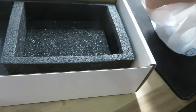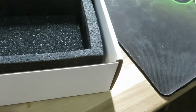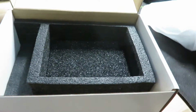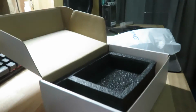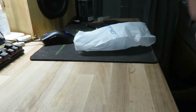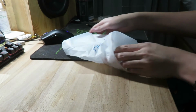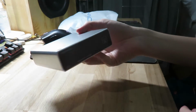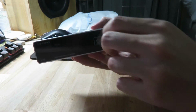and I have to reach in there to get it out of the case. Actually, I shall put the camera back, put the box elsewhere, and do this properly. Here it is with a protective plastic still on. I shall